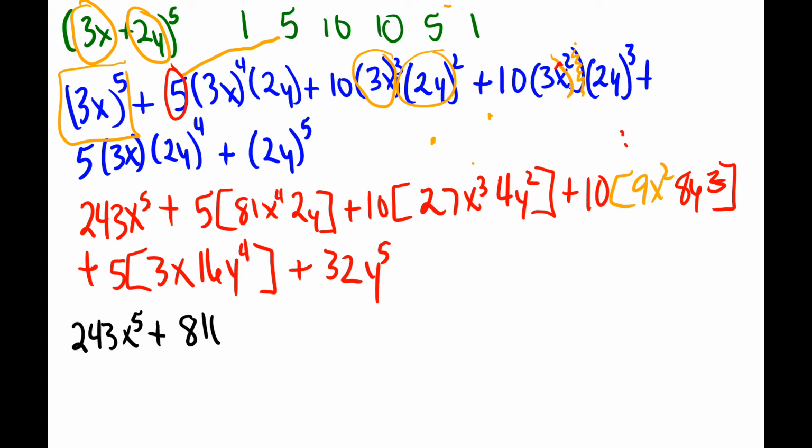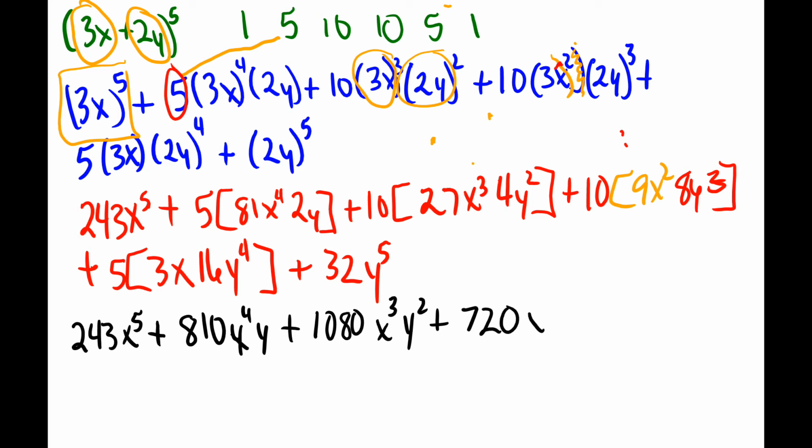That's going to be 810 x to the fourth y, plus now I got 10 times 27 times 4, which is 1080 x cubed y squared, plus now I got 10 times 9 times 8. 9 times 8 is 72 times 10 is 720. So I got 720 x squared y cubed plus,